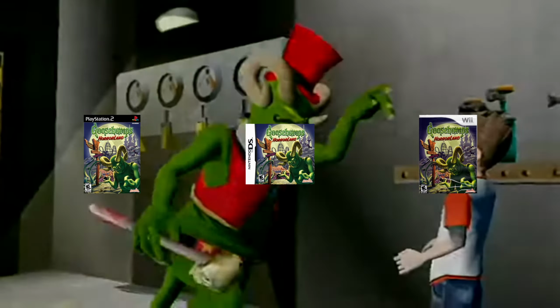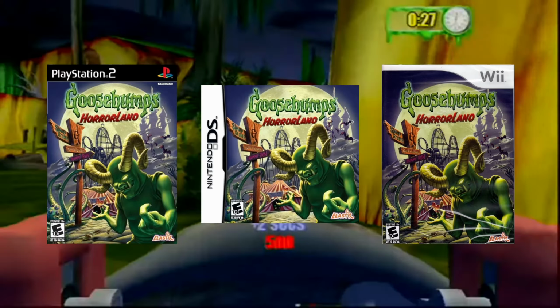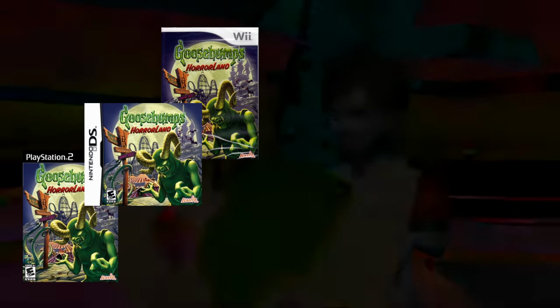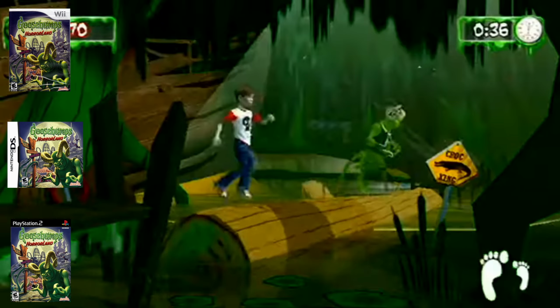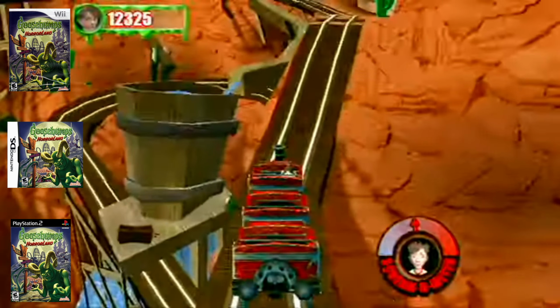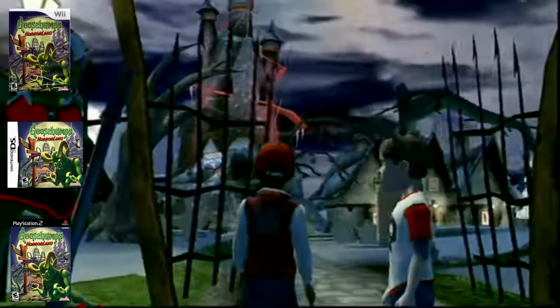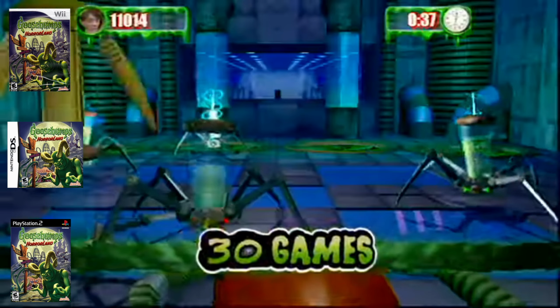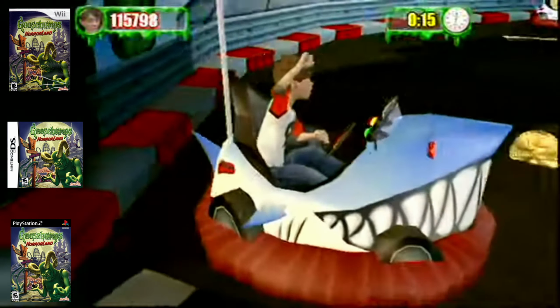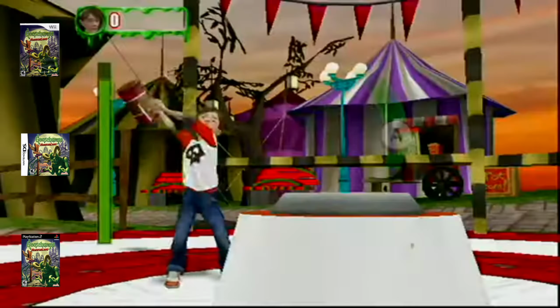After an 11-year gap, Goosebumps re-entered the gaming world with Goosebumps Horrorland, a spooky minigame collection for PlayStation 2, Nintendo Wii, and DS. You'll play through various stages, racking up tokens as you survive through various horror-themed minigames. While it's a lot more Halloween fun than horror, it does at least fit the Goosebumps brand, and motion controls on the Wii and DS do add a little twist. Not exactly spine-chilling, but it might have introduced some new fans to the series at this point, so we'll cut